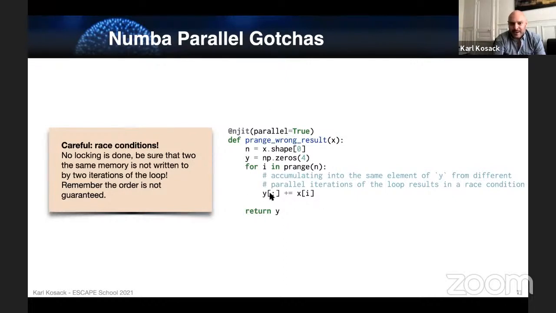So this statement, y, it's overwriting all of y with x of I plus equals x of I, runs in random order, right? If this gets parallelized onto 3 machines, this gets executed 3 times in random order. So the result you're going to get is not going to be what you expect. You have to be really careful about this. You can't just automatically put it and say, oh, this is parallelizable.